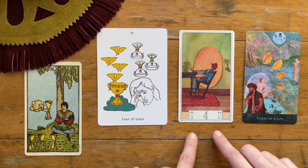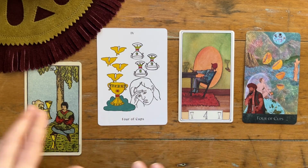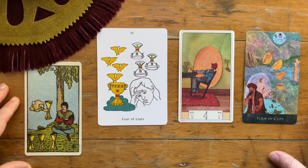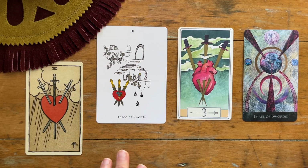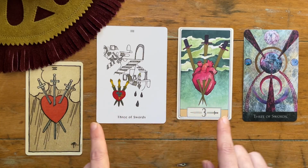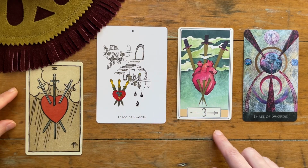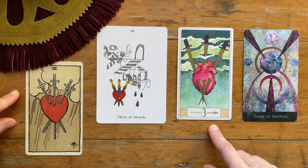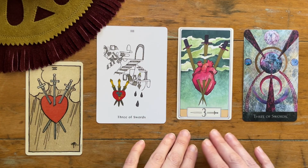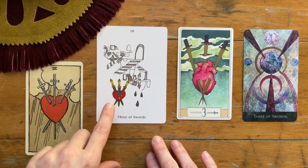Now, I think it's interesting how all three have a slightly different take on the Rider-Waite-Smith traditional artwork and meaning. Okay, the standard 3 is swords, so we are getting the two hearts with three stabs. Obviously, this center one is very, very closely represented to the original artwork here, so we'll just skip over that one and talk about the smaller heart with the Three of